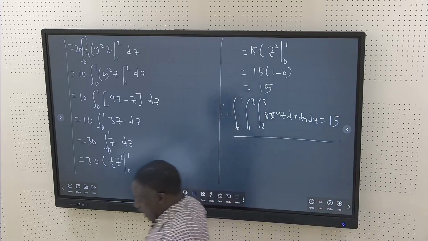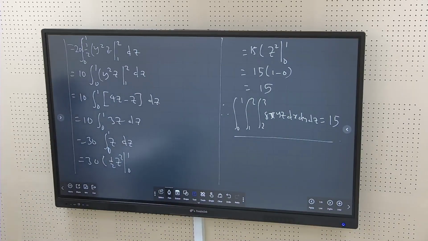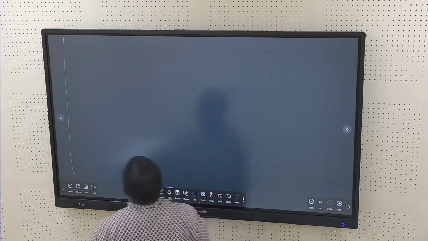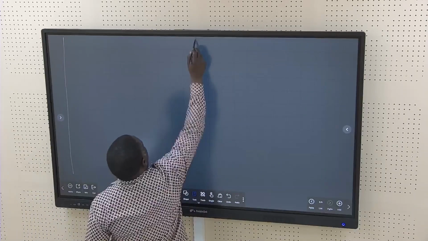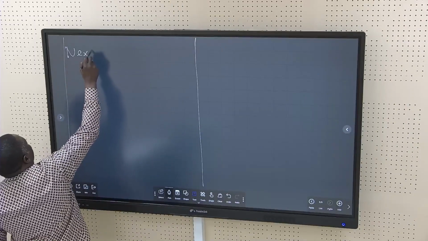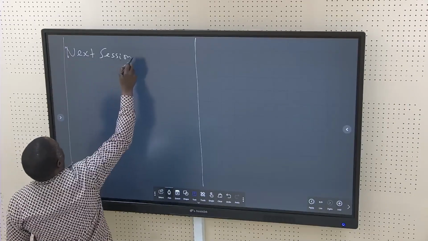So this is how we can evaluate the triple integral. It is the same approach as used in double integrals. So this is enough for today. We have seen how to evaluate the double integrals and the triple integrals in Cartesian coordinates. Next session, session 5,